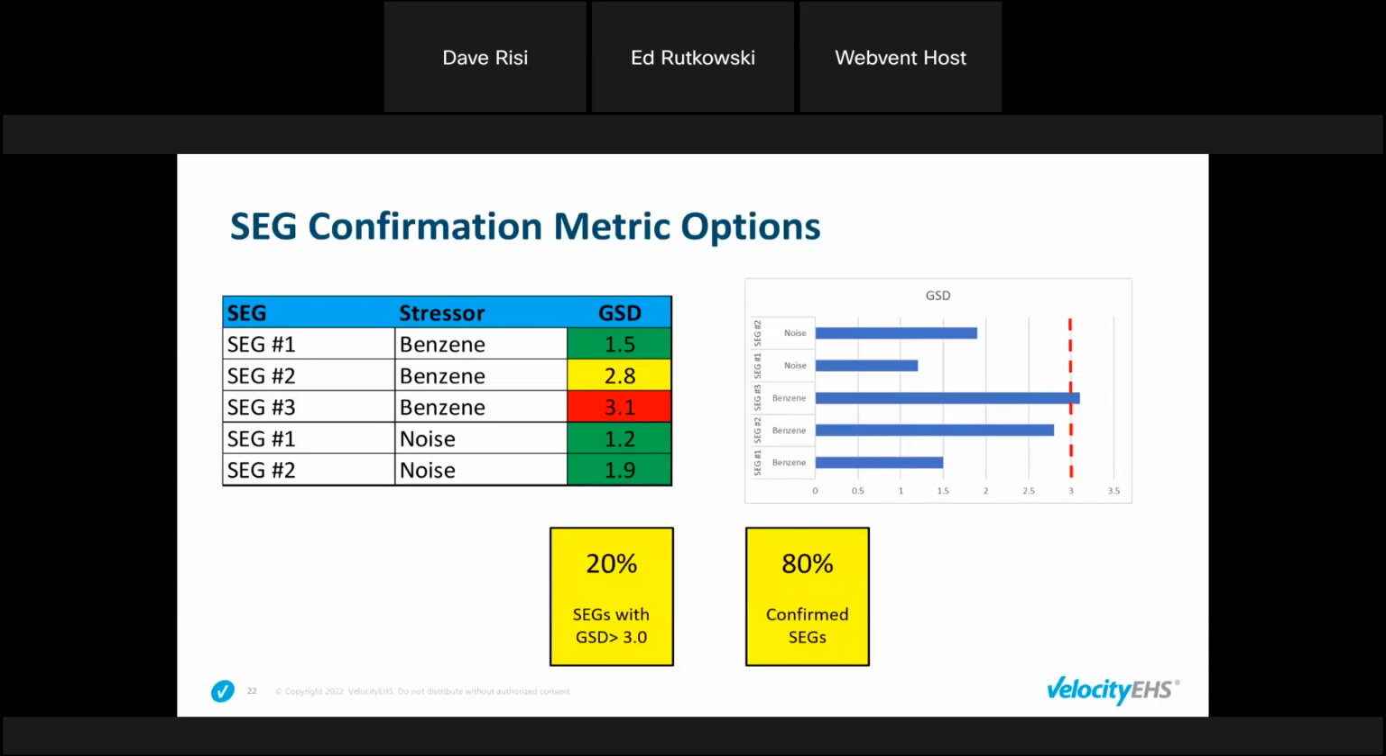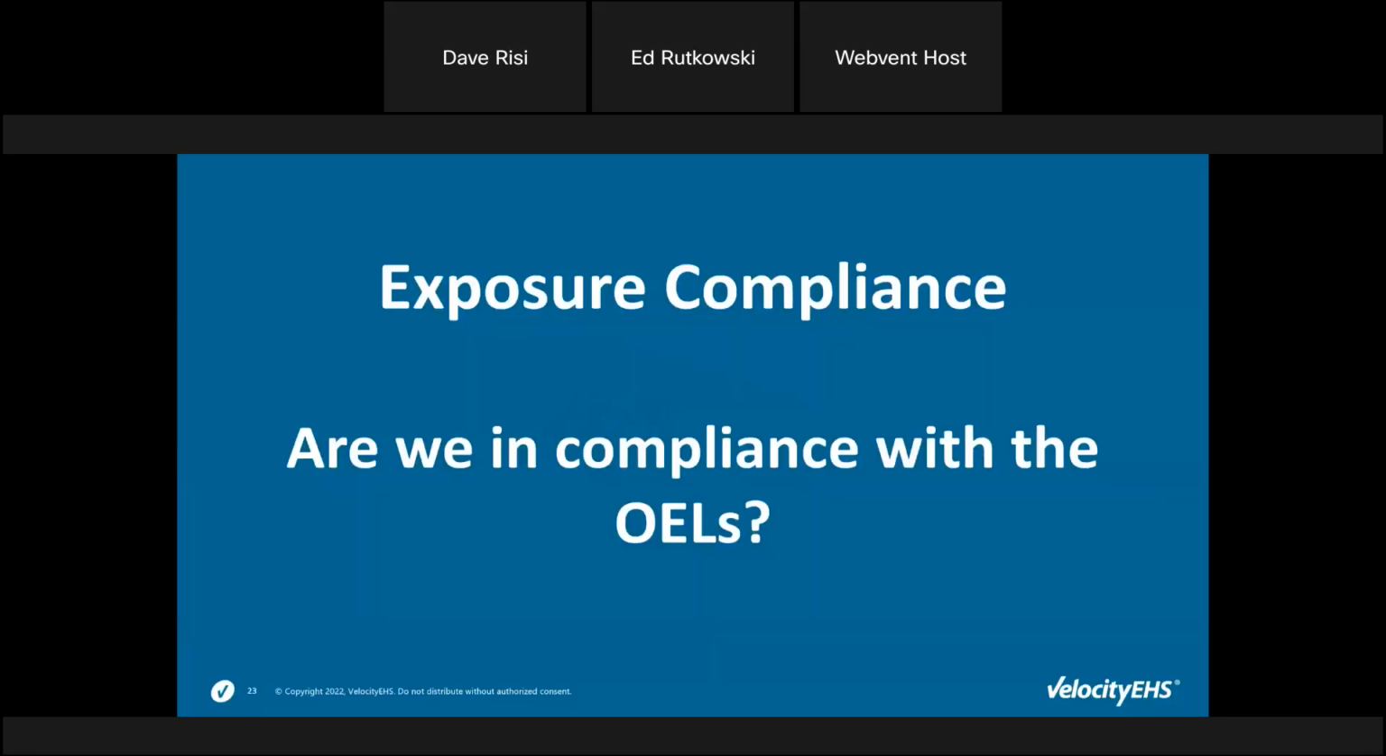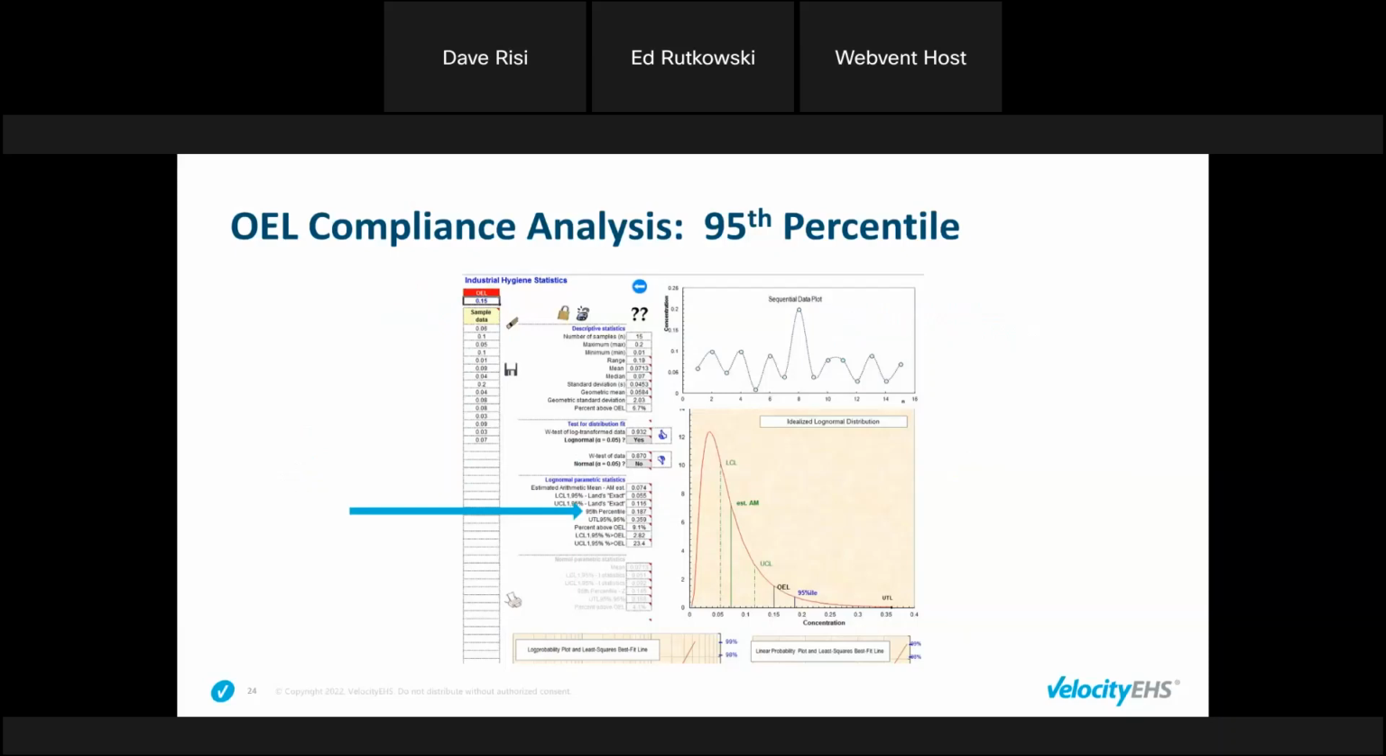Another example, we're looking at exposure compliance. And the question is, are we in compliance with the OELs? Again, I'm going to use a simple tool, the AI stat tool, but I'm looking at a different metric now. Here, I'm going to use the 95th percentile. If I'm in the pharmaceutical industry or chemical industry where you're dealing with high potency compounds, I might drop down and use the 95-95 UTL. It really depends on